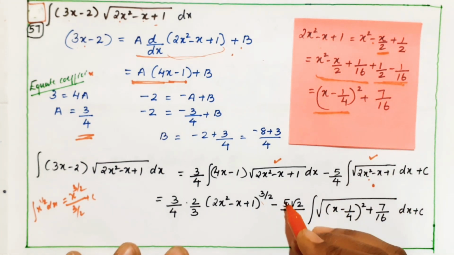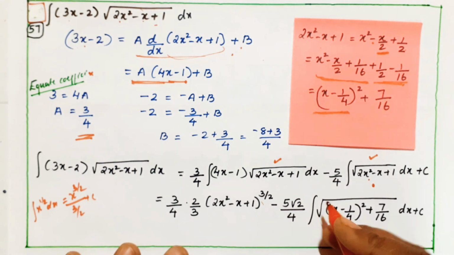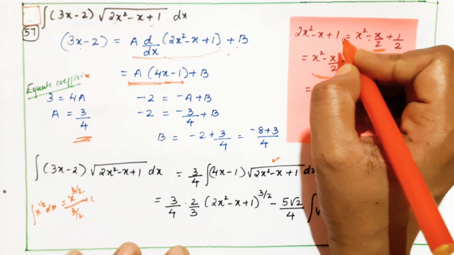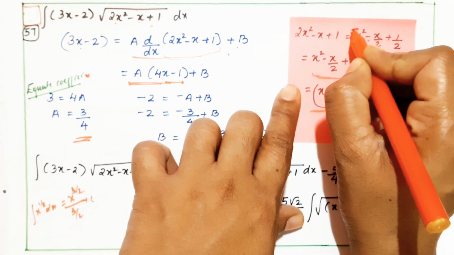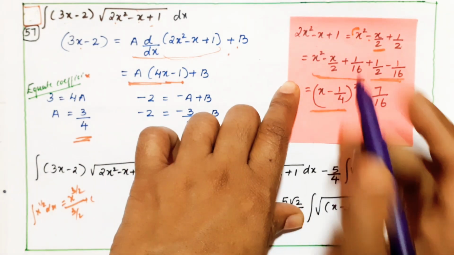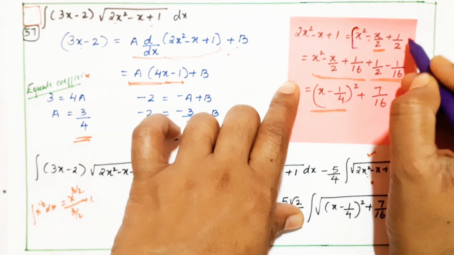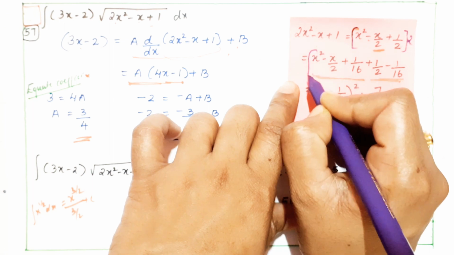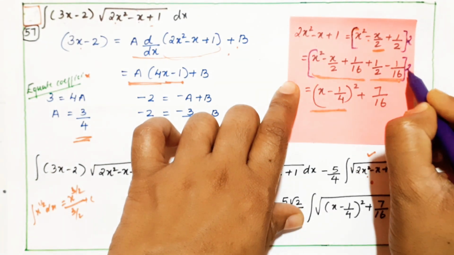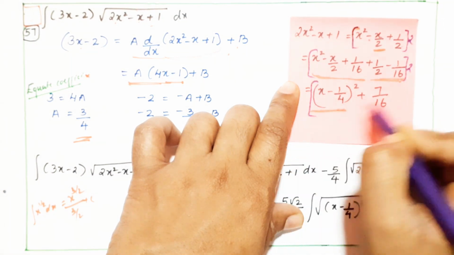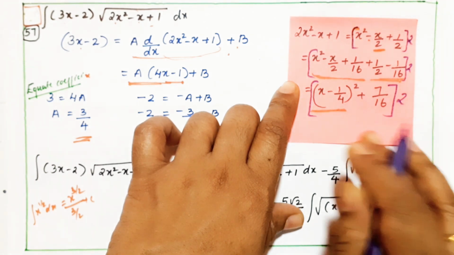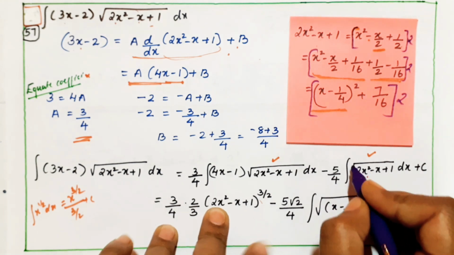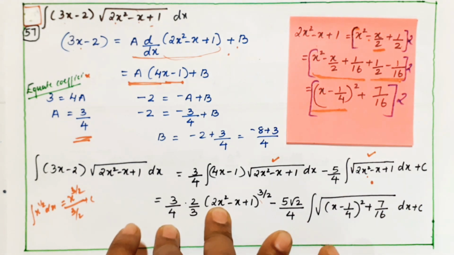That we are writing it as minus 5 by root 2 by 4. From where we got the root 2? We got the root 2 by here. Okay, here we did not write. Here we need to write that also. We are taking the 2 outside, right? Here also we are taking 2 outside, so this all under the root only. So that root 2 only is coming here, okay?